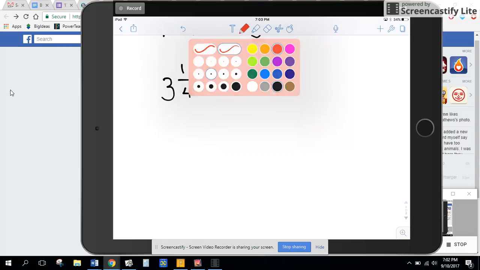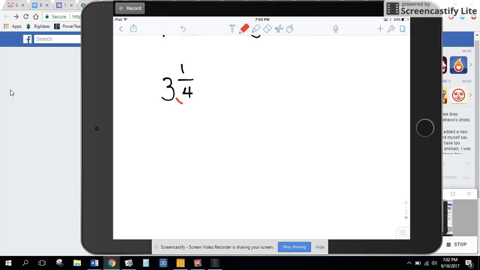So what we're going to do here is you multiply the denominator and the whole number. And if there should ever be a negative number, a negative sign out front here, you're going to ignore that during this process. So we're going to do 4 times 3, and then you add the top number. So 4 times 3 is 12, plus 1 would give you 13/4,